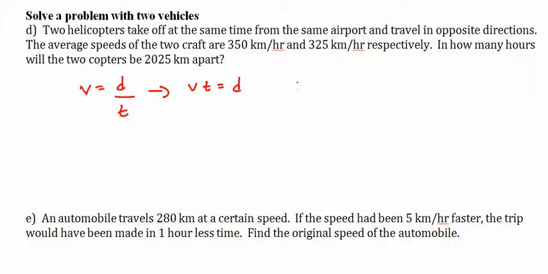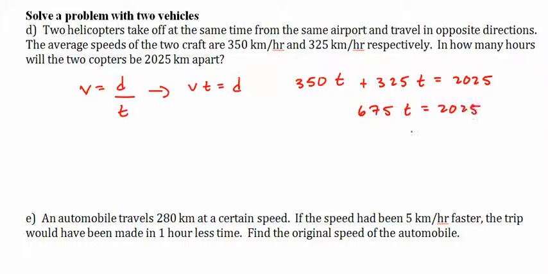So 350 times t plus 325 times t equals 2025. 675 times t equals 2025. Divided by 675, t equals